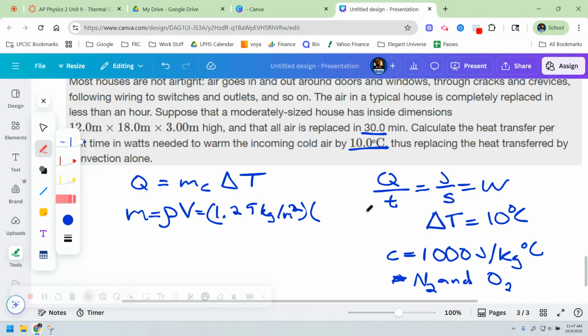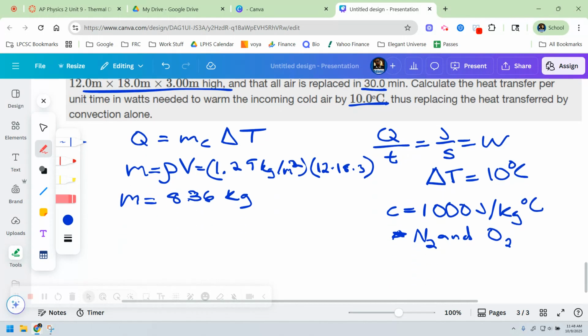And then the volume is going to be this 12 times 18 times 3 number for meters, right? That comes from here. This is the approximate volume. And so the mass of that air, believe it or not, is 836 kilograms, if you plug all that together. So a house this size, 12 meters by 18 meters by 3 meters, the air weighs 836 kilograms. All right, so I have the mass, I have the specific heat, I have delta T,